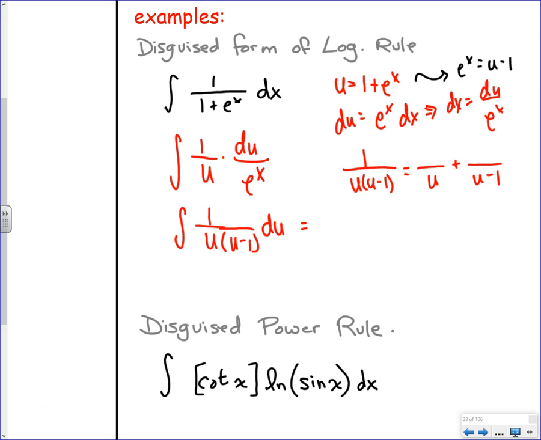Now, we're actually going to have this come up in a section a little bit later on. This is one of the new BC things. I think we saw it once, maybe in AB. It's somebody over u plus somebody over u minus 1. These could have joined together to get this one by partial fraction decomposition. Does anybody remember how to solve for a and b? Just think mathematically. What do you want to get rid of? Yeah, the denominators. How do you get rid of all of them in one shot? Multiply by the common denominator, right?